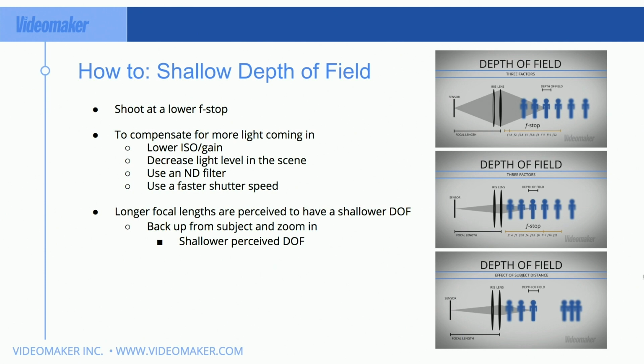But the shutter speed is one of those things where you should just go, say you're shooting 24 frames per second, you want to shoot at 1/48th. Some cameras offer that. Most offer 1/50th. So if that's close enough, that's usually fine. Just leave it at 1/50th because that's double the frame rate.